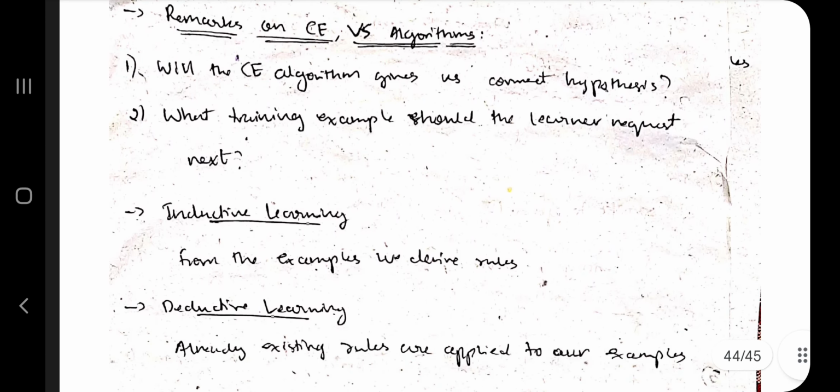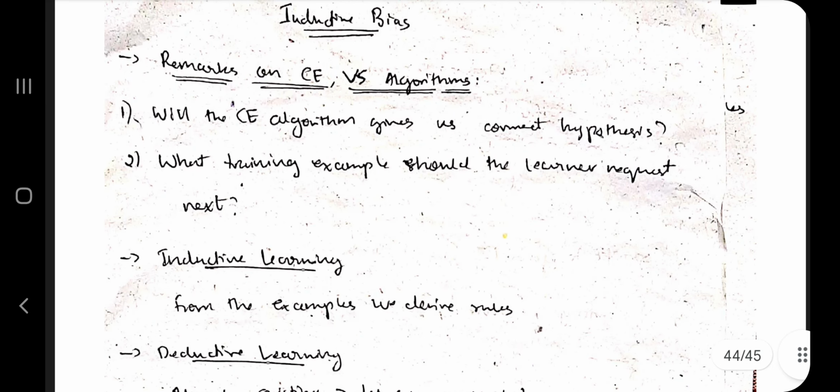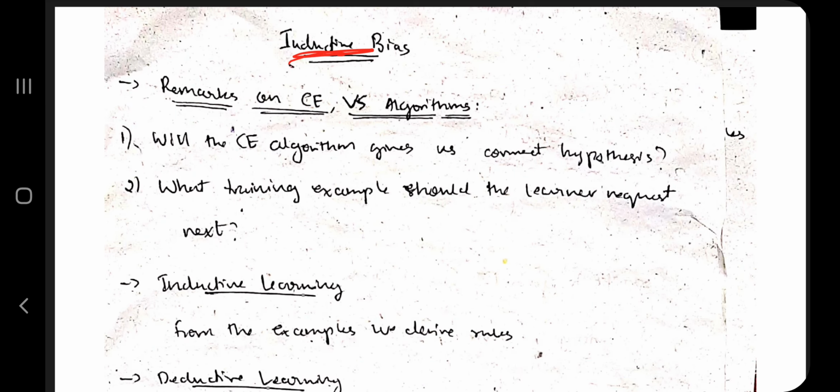Fine. Now a small topic is there, not that important, I'll finish it off in one or two minutes. Inductive bias means what? See, I'll be giving a basic example. If you want to build a house, there are two things: unbiased and biased. By this example you can easily understand. If you want to build a house, but you don't have enough money to hire a civil engineer, what option you have left is either you have to